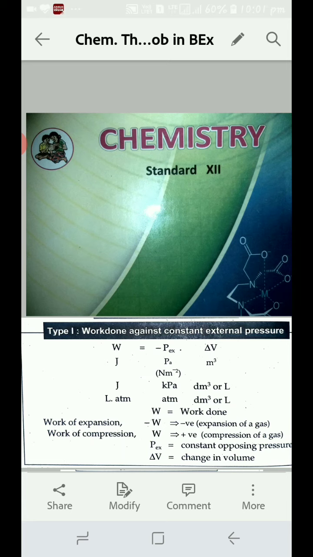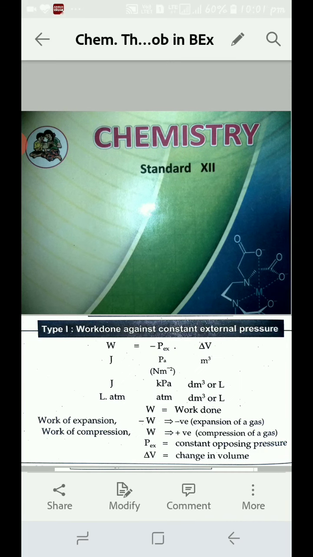Pex means constant opposing or external pressure, measured in Pascal, and delta V is the change in volume in meter cube. These units are in the SI system. Then we calculate the work done in joule. 1 Pascal means Newton per meter square,